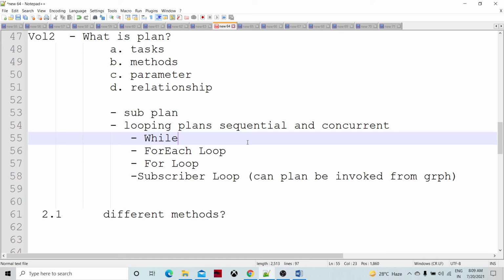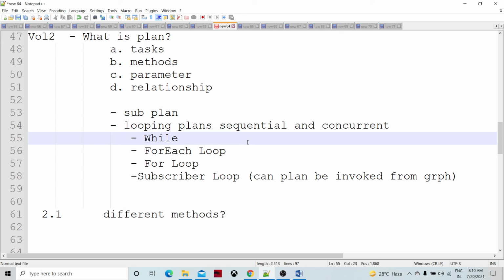Okay. So the while loop, if we compare it with other programming languages or programming constructs, is going to be executed until a certain condition is satisfied. Let's say until some file is available, or until the size of a particular file is this much or less than that.